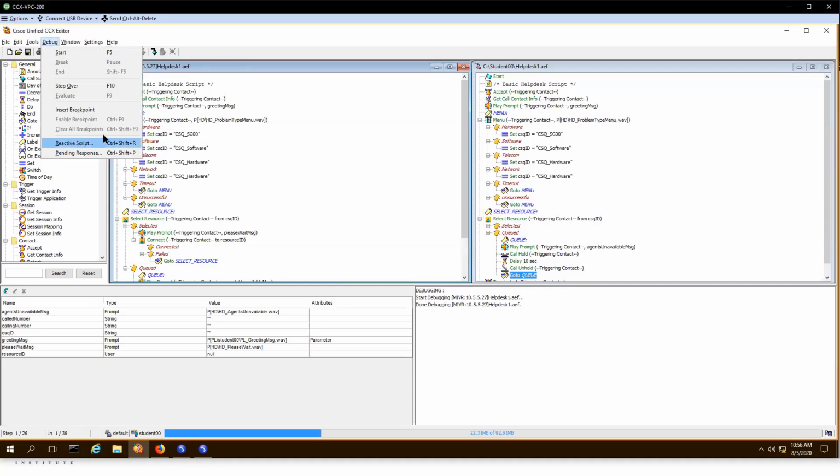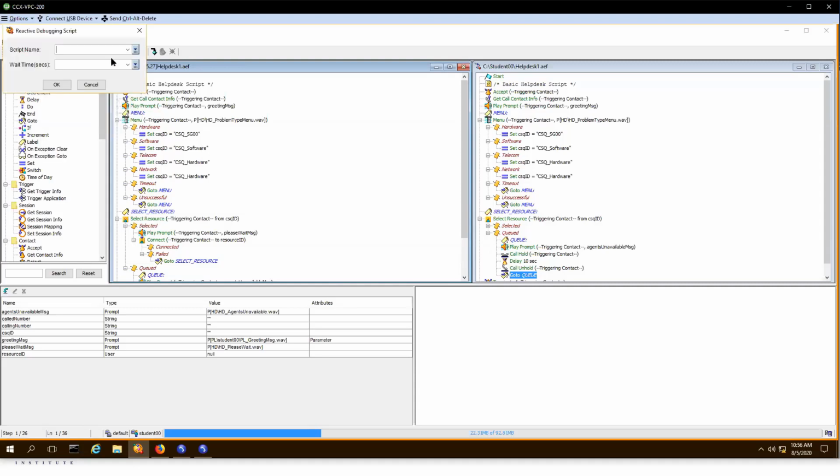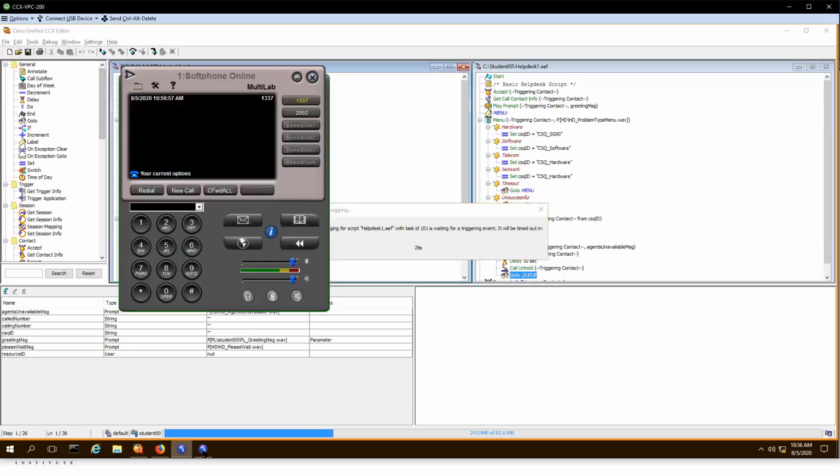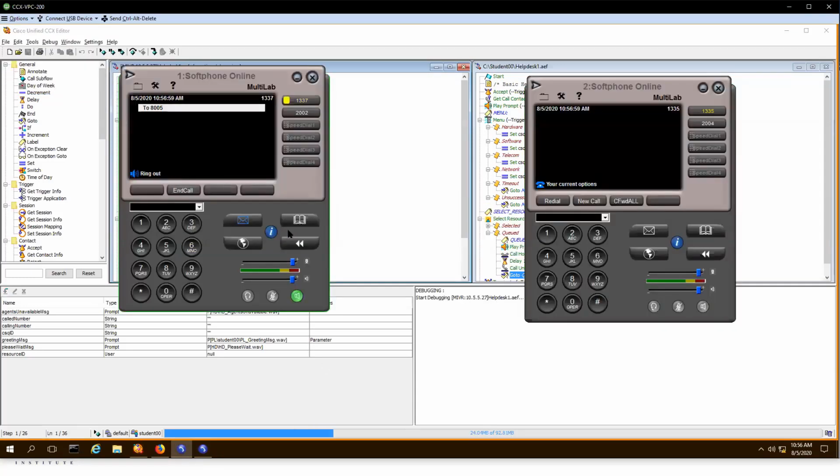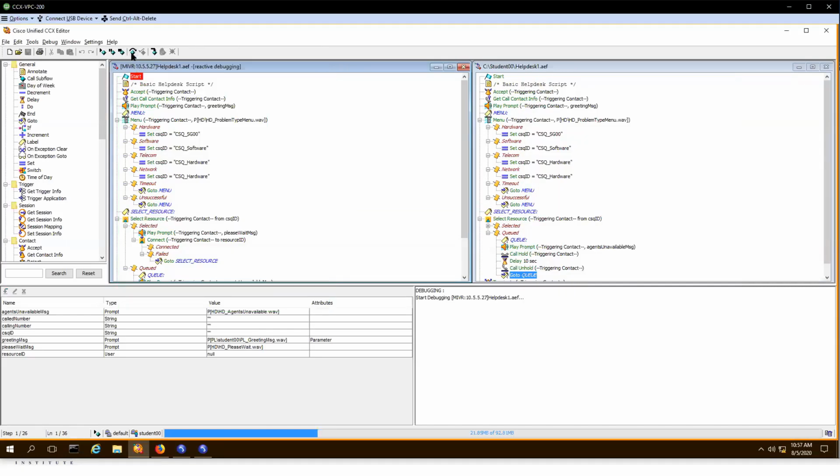Sometimes this stuff has errors when you try to debug it, but that's okay, that's common. So Helpdesk 1, let's choose 30 seconds. And then here, what I want to do is dial that 1000 number. Notice what happens here. I'm going to step over. So what happens is the system allows the user time to kind of debug and see what script steps are